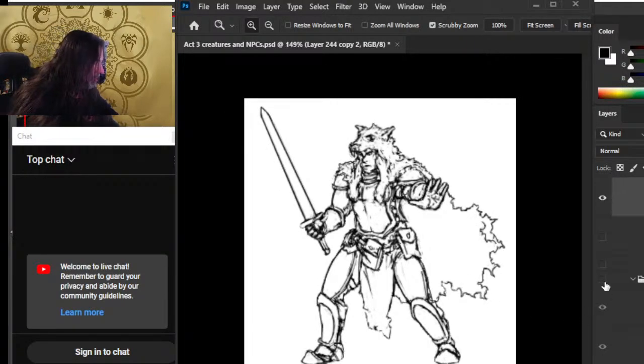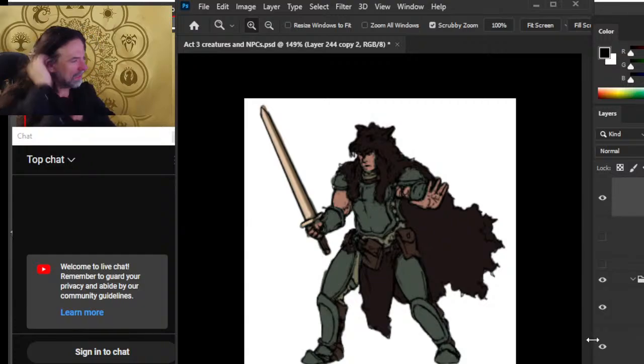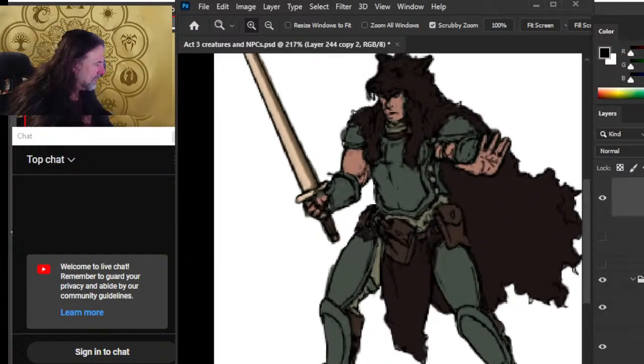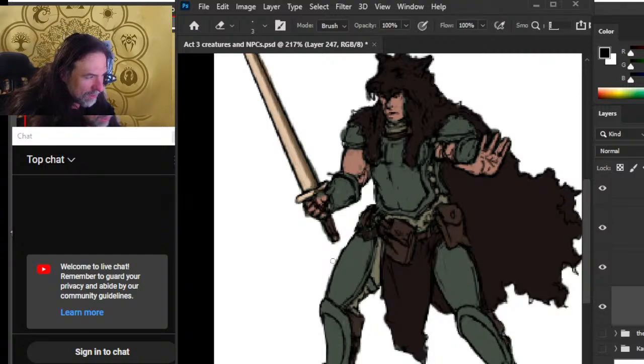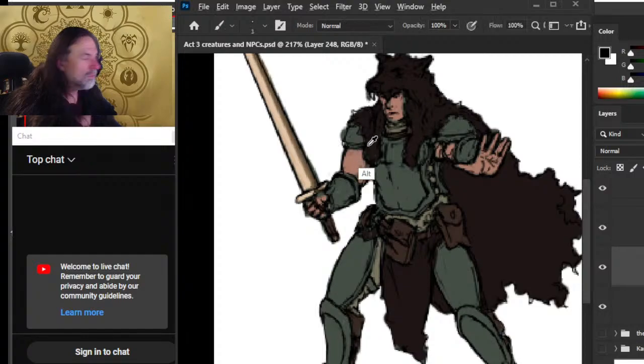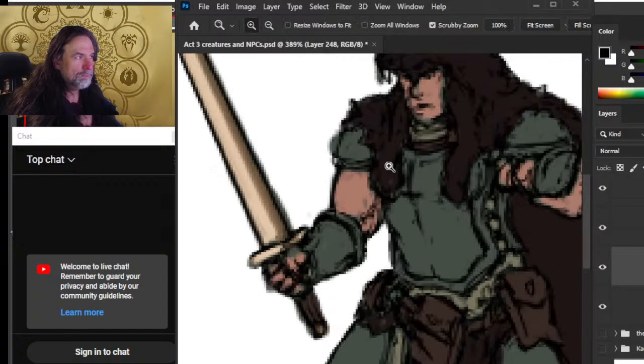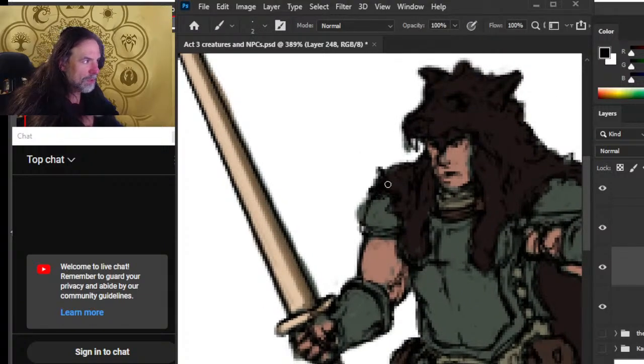Yeah. Okay, cool. So back to color. Let's get down here and we can clean up that line a little bit. Now we're going to make sure that our lines are good here for each individual color layer.